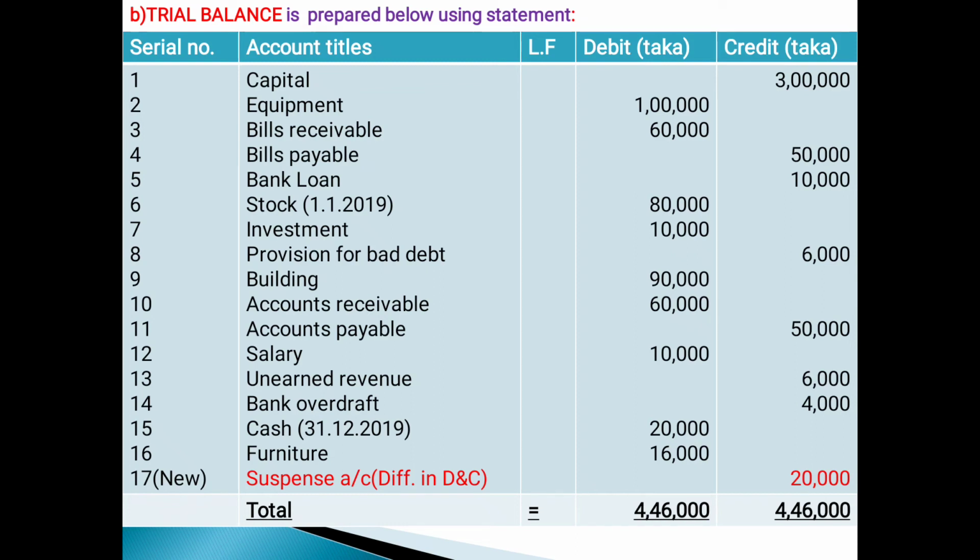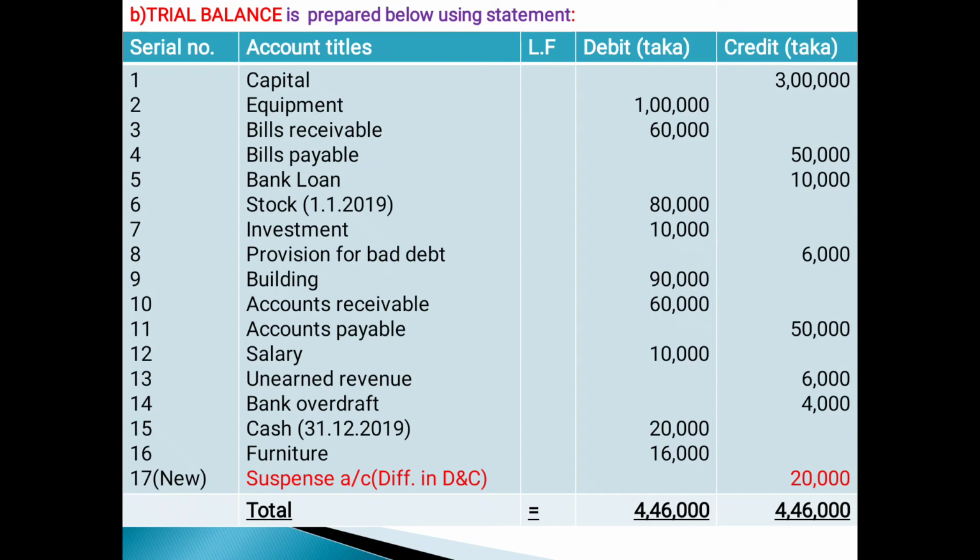Building, one kind of fixed asset. It is a long-term asset for taka 90,000 debited in the trial balance. Accounts receivable is one kind of current asset. So accounts receivable is debited for taka 60,000 in the trial balance of Mr. Hassan. Accounts payable is credited for taka 50,000